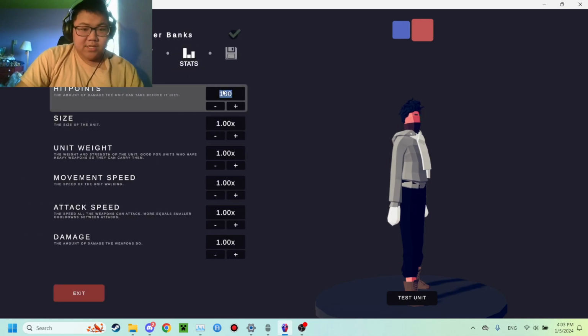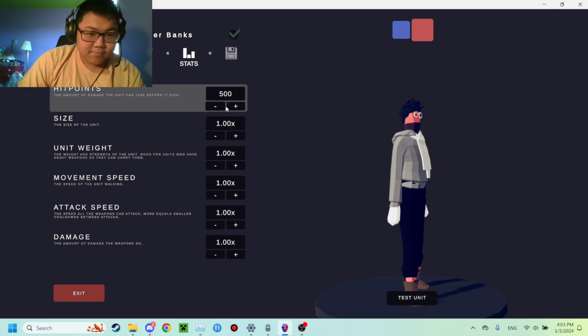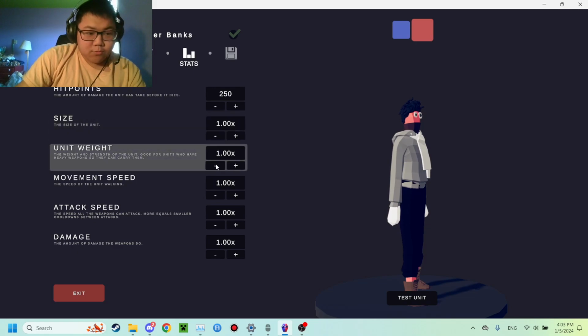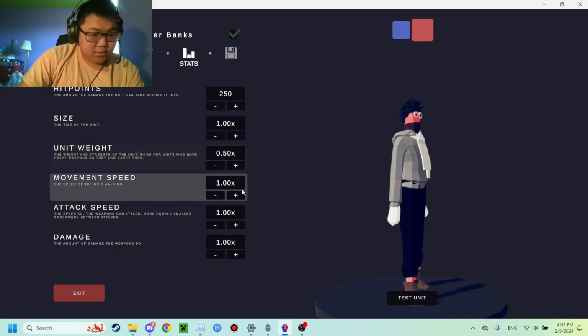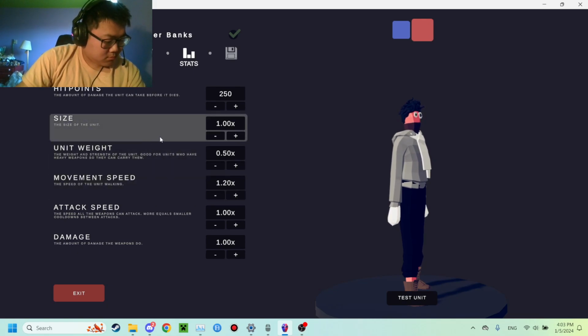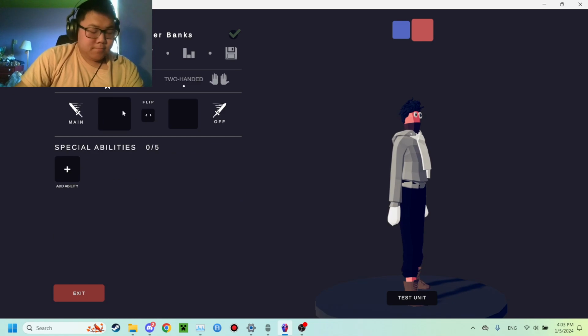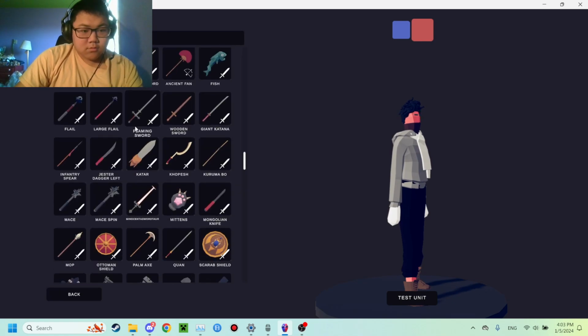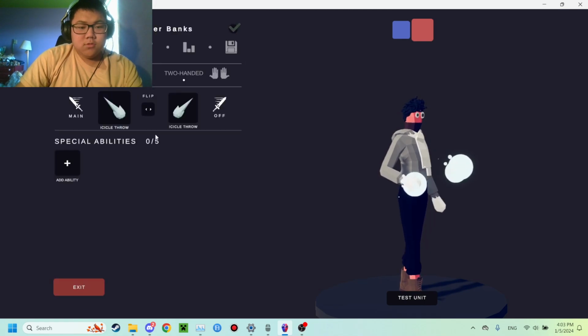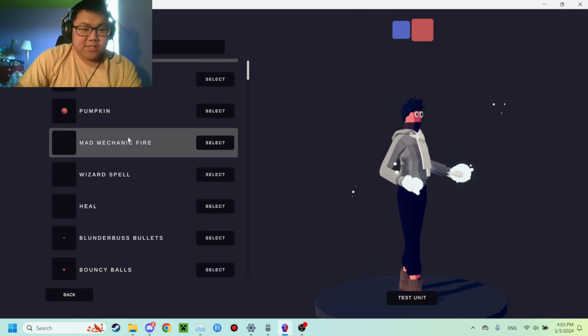Okay. Durability low, so we can do that. Actually, we can even do something like that. Then normal weight low, fast. We'll give him dual icicle throw, but change. He attacks with